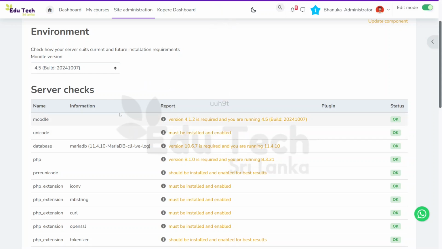Yes, of course, this should be upgraded, but that's not a problem since this is a test system. We are not urgent enough to do it, but for a true production system, it must be updated. All right, and you can see the database versions and PHP versions.